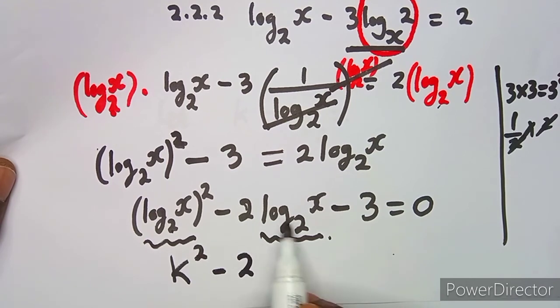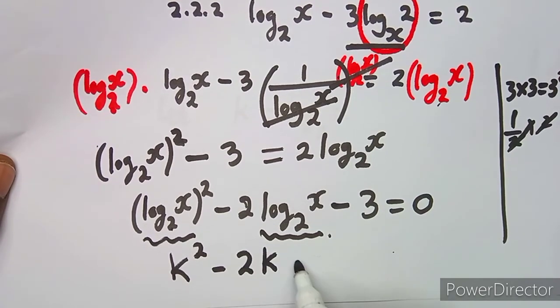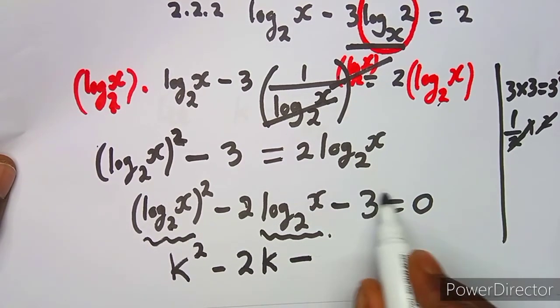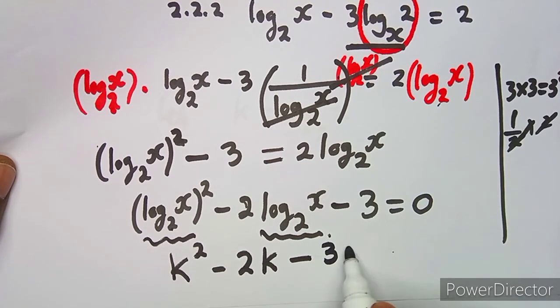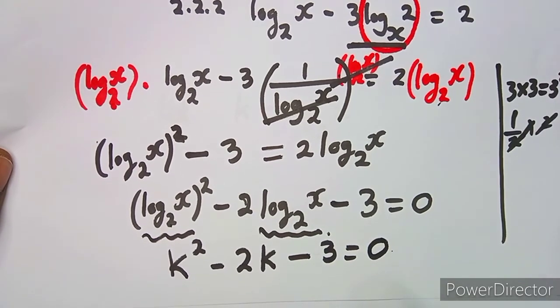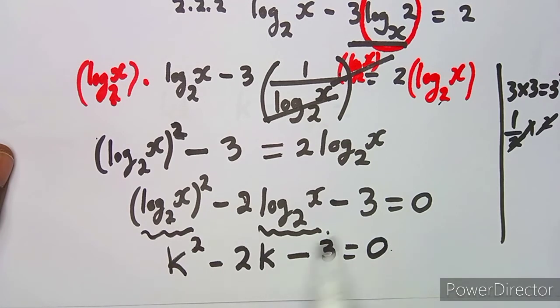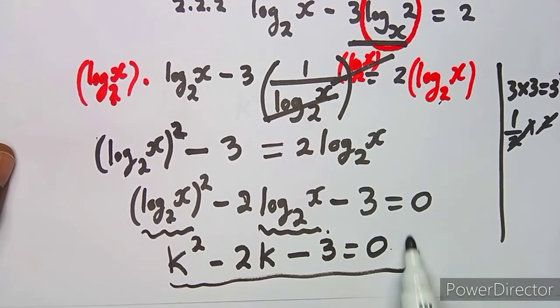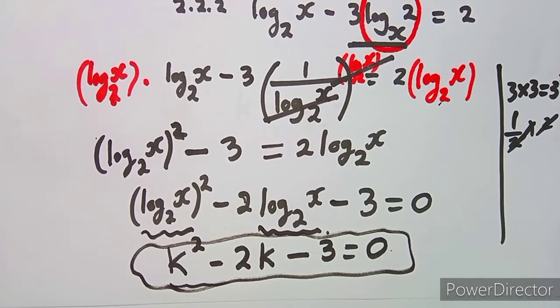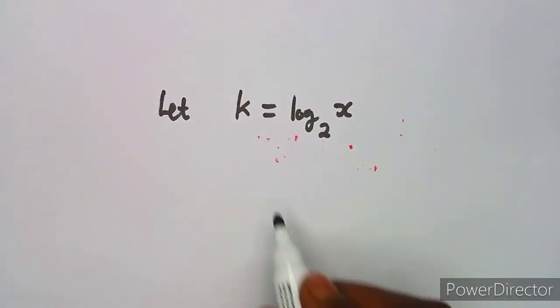Minus 2 in place of log x base 2, I'm going to replace with a k, so it's going to be minus 2k. Minus 3, there is no log here, so it's just going to be minus 3 like this. So as you can see, it's the same equation, but now in terms of k, because we have introduced something in place of log x base 2. So this is now an easier equation for us to solve,